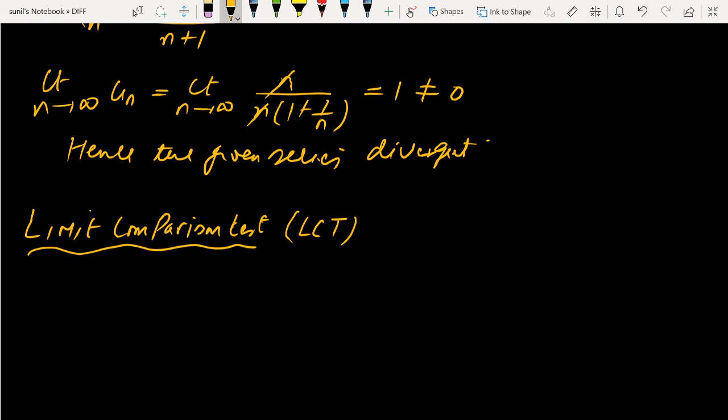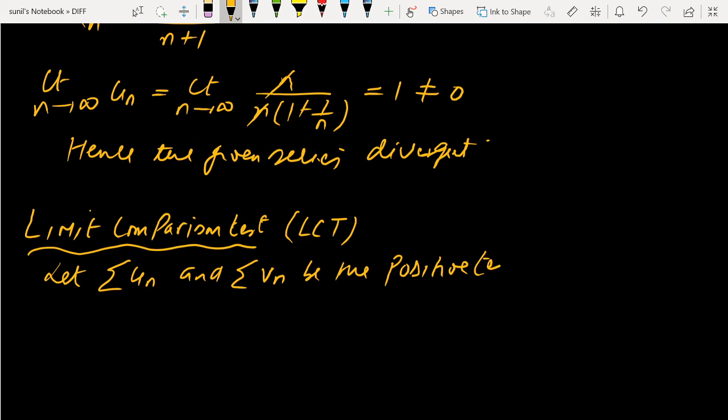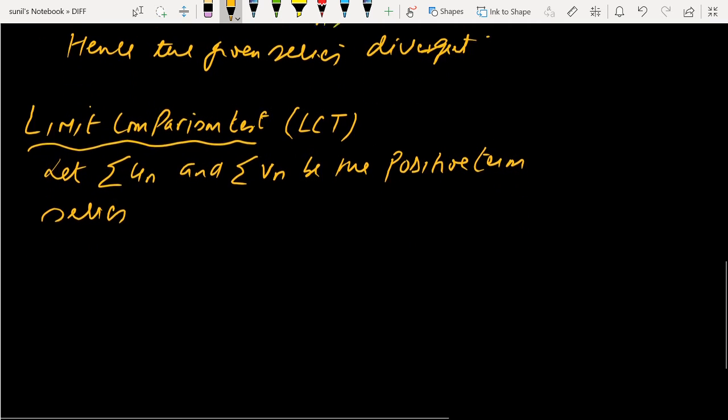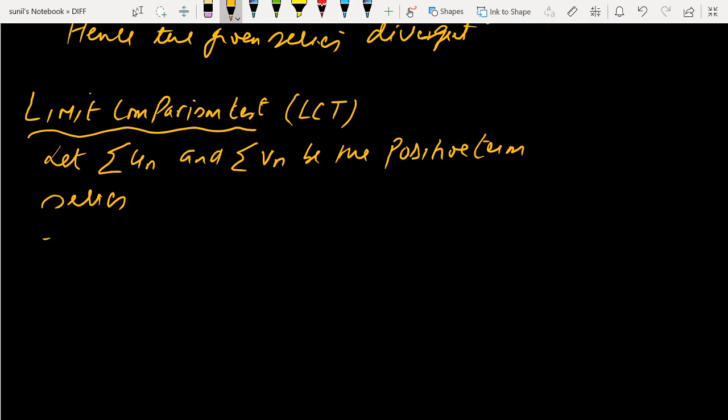So we are assuming, let summation un and summation vn be positive term series. Now what this test is saying is that if limit n tends to infinity of the ratio of their nth terms